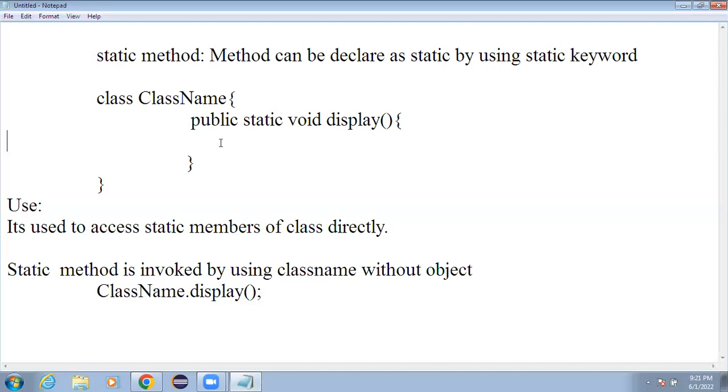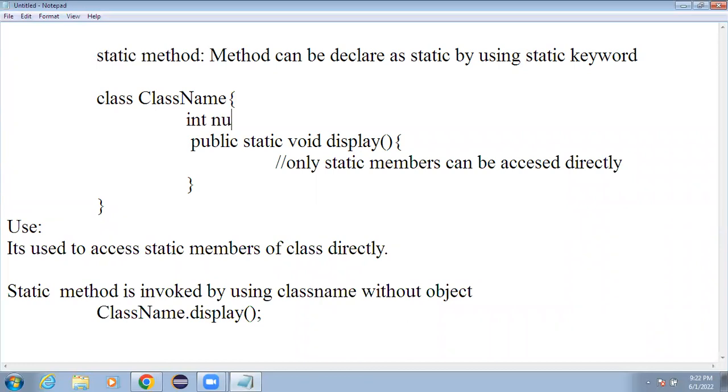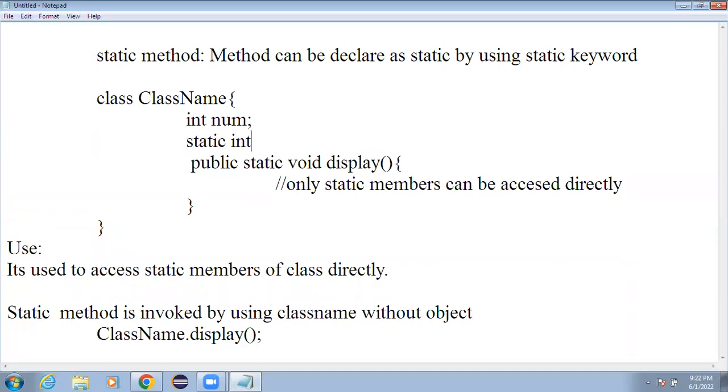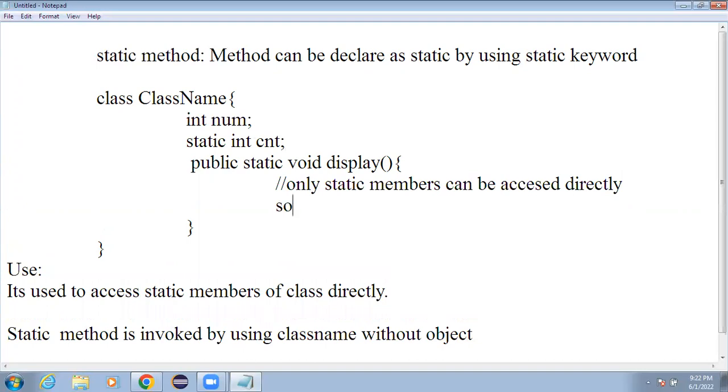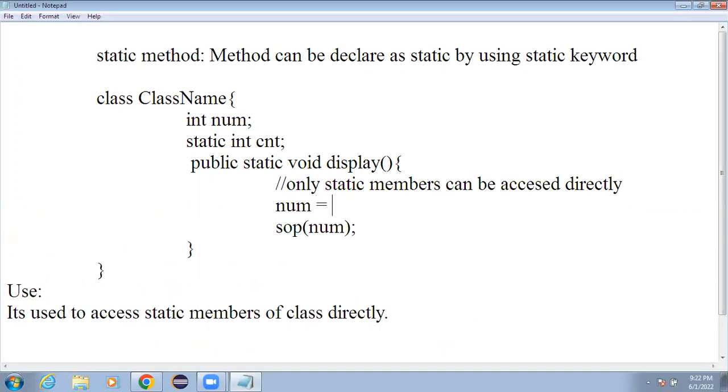Whatever members are there, we can access them. Here in the display method, only static members can be accessed directly. Assume in this class we have an integer num, which is non-static, and a static integer cnt. If I write System.out.println and try to display the number, or try to assign the value, num equals 10,